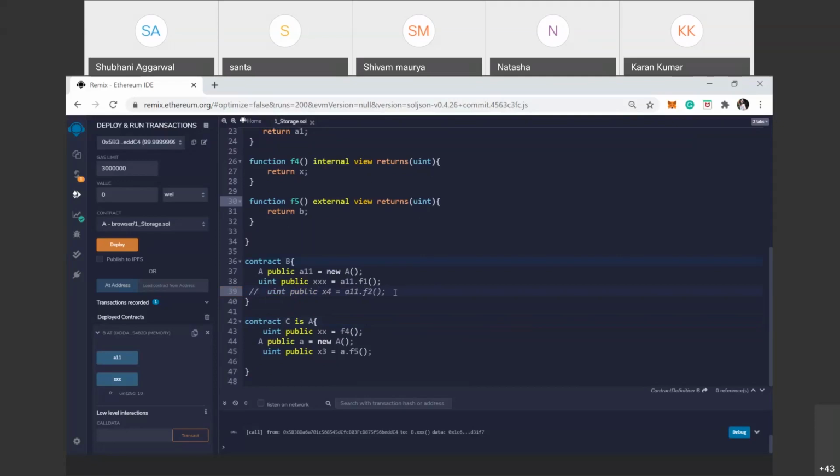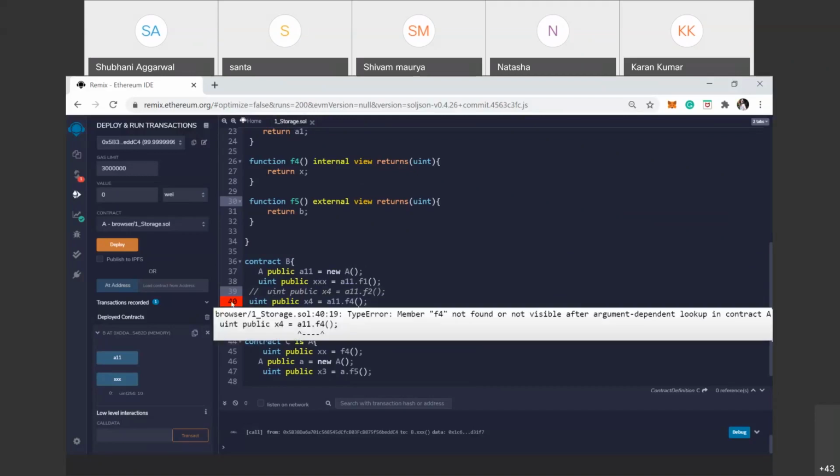So we use the two variables. Here we deploy contract 4, which is internal in nature. Here we deploy contract 5. Okay.